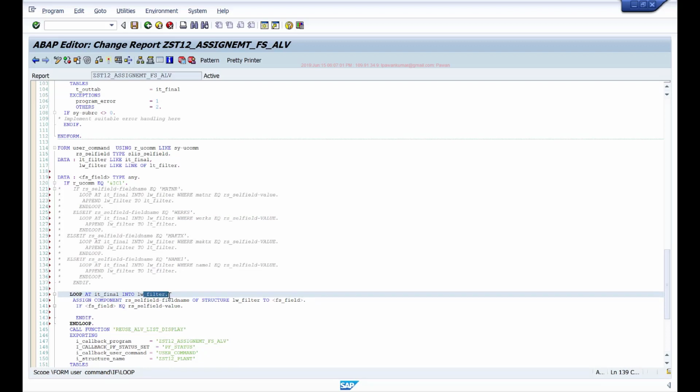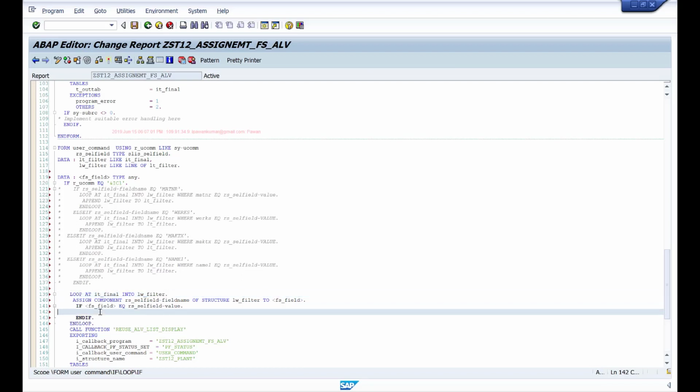If both are same, that means the user has double clicked in the field I want. Or if both are same, it basically means that this is the value by which you should be filtering. So that's my filter value. I'll append my LW filter to LT filter.